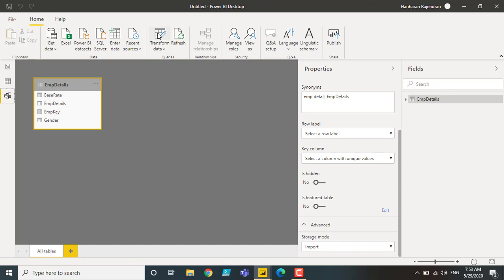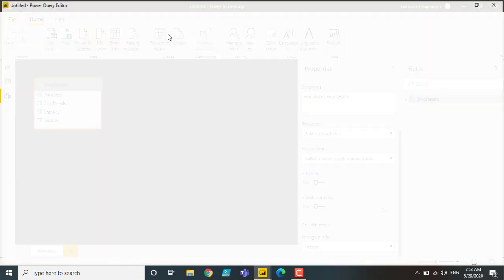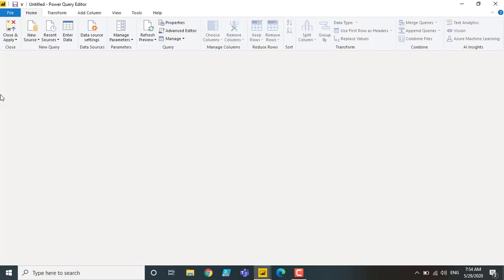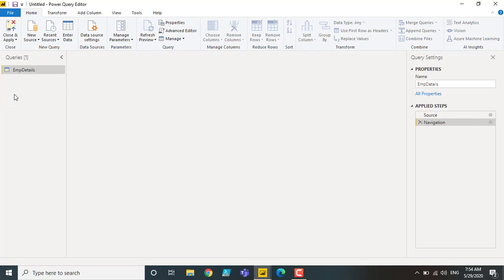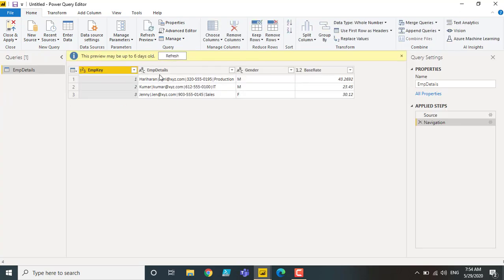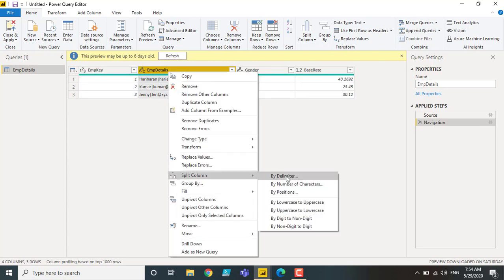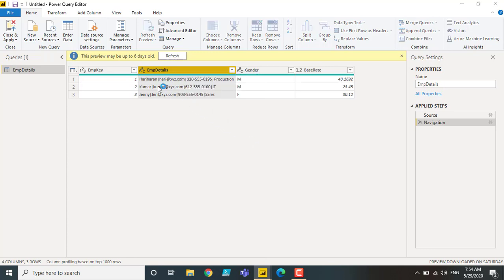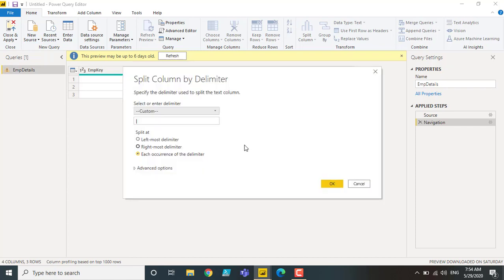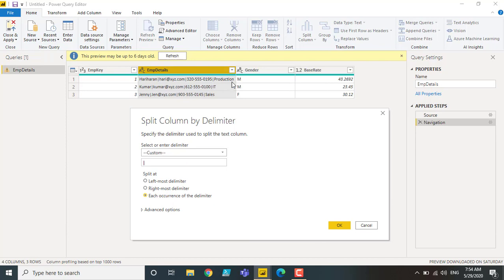I'll show you how we can easily achieve this with the help of Power Query when we have an import mode. So I'm going to transform data. In the Power Query layer we can easily achieve that split functionality. Right click on your column and you can see split column by delimiter. As we have a pipe symbol as the delimiter, I'm going to say delimiter as pipe symbol and each occurrence of the delimiter, because we may have multiple values with that pipe symbol as a delimiter.